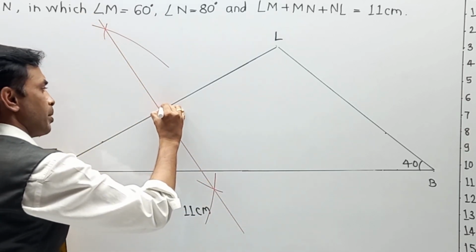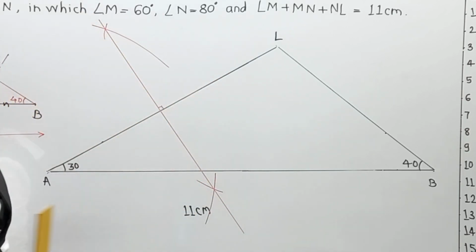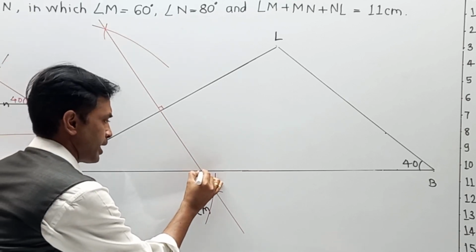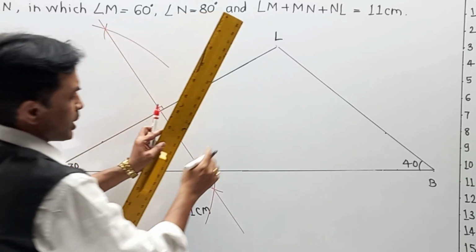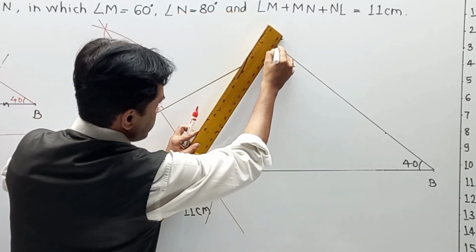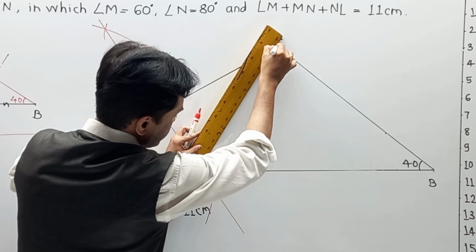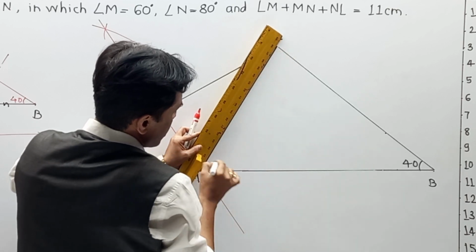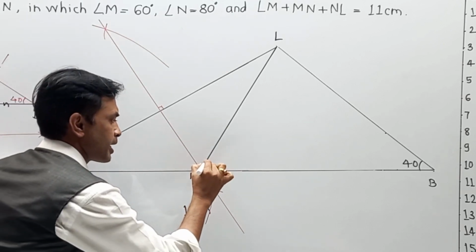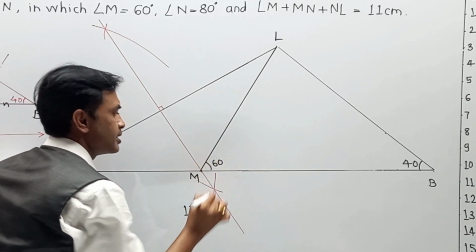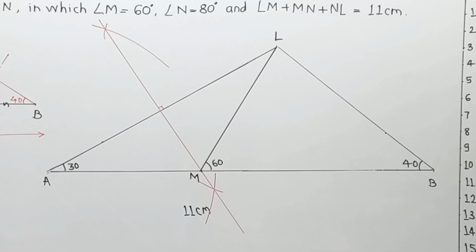So it is not only perpendicular but also a bisector. With the help of that, we are able to get one point, and that is nothing but your point M over here. Now simply join L with M. And in this way, as this angle A is 30, automatically your angle M becomes double, that is 60 degree, which is the base part of a triangle.